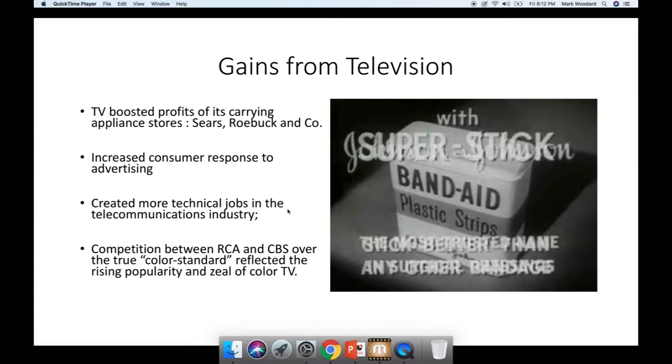Over 90% of households in America owned a TV, and it created more of a realistic picture for families or individuals with good morals, people who believed in this, and it became a popular idea that civil rights was a good thing, and it definitely aided in helping the civil rights movement.